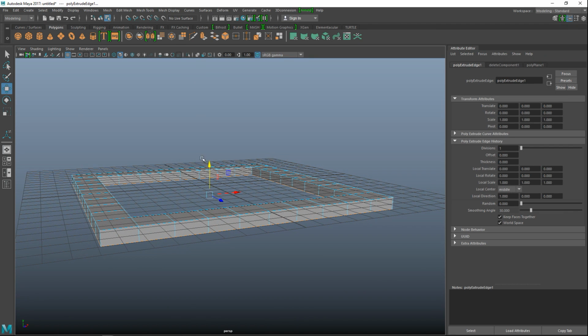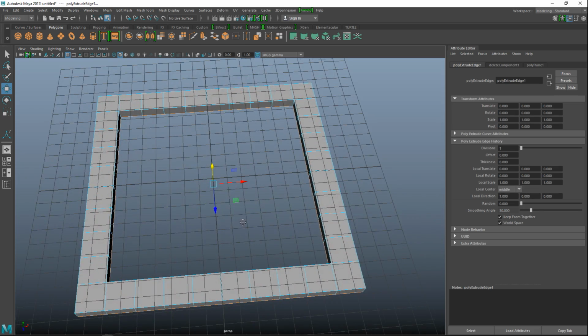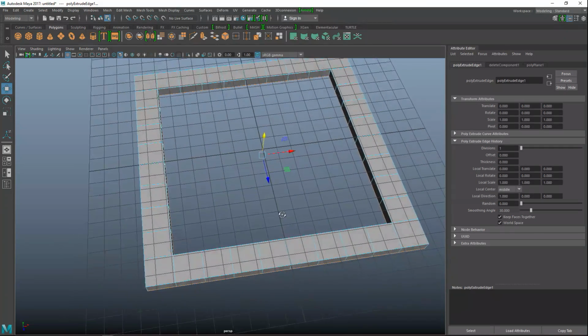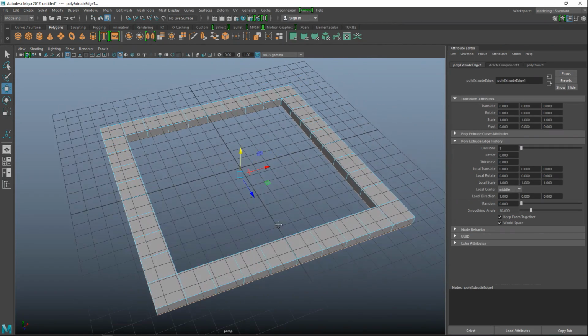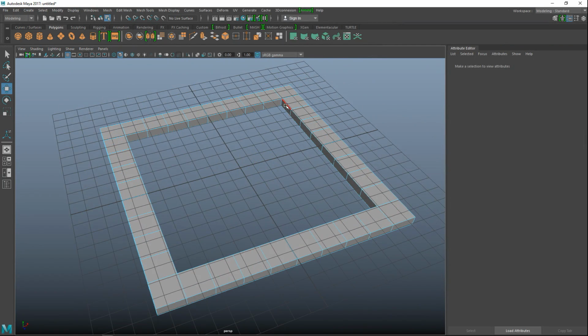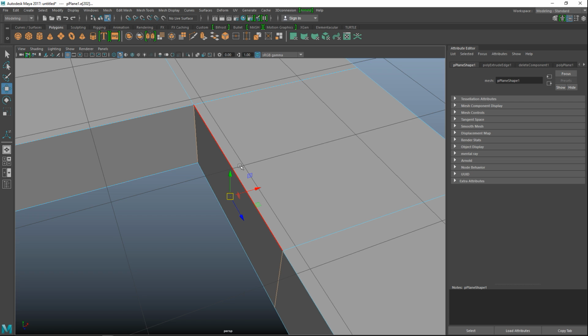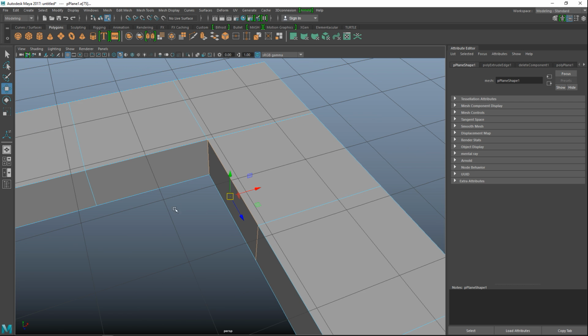Now don't go nuts on that, don't do this, but somewhere around here. Now these are going to be building elements for our bleachers, and it's important that they stay open at one end, but we do need to extrude that at some point. But this is a good start. And now we're going to select this edge, that edge, and the one on top here. I'll hit F to zoom in so we can see it better. So 1, 2, and 3.